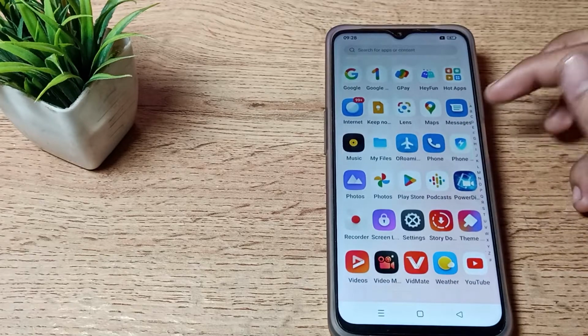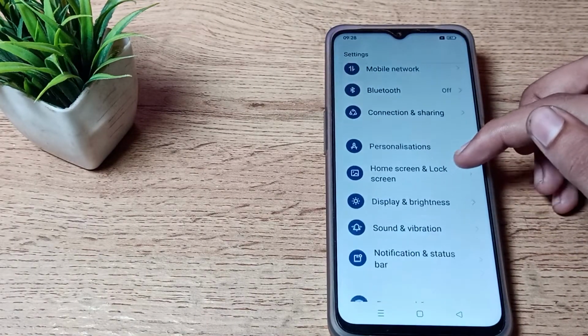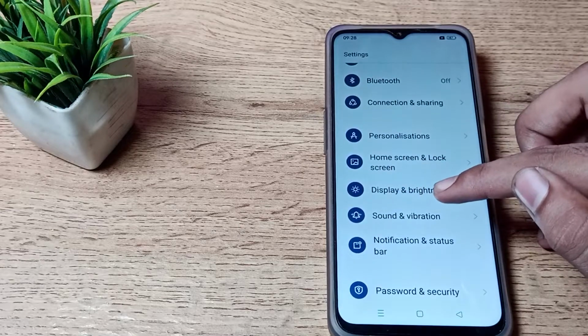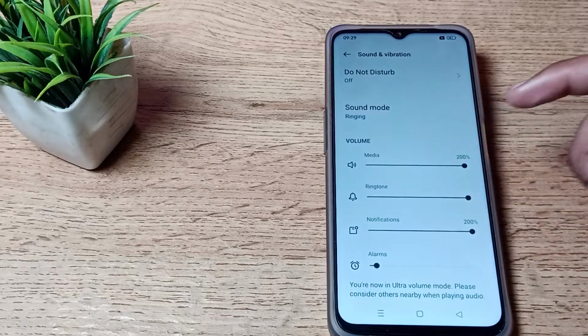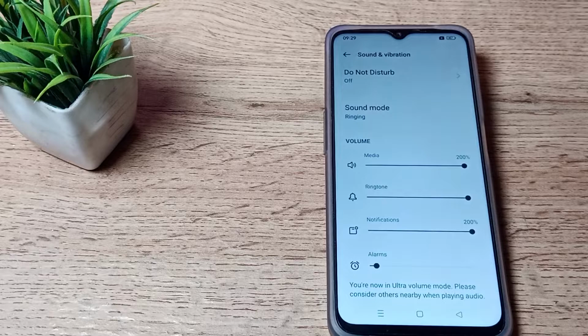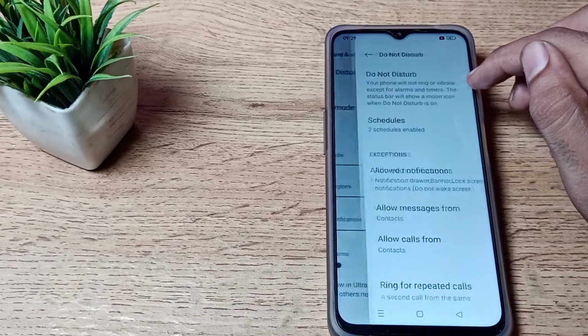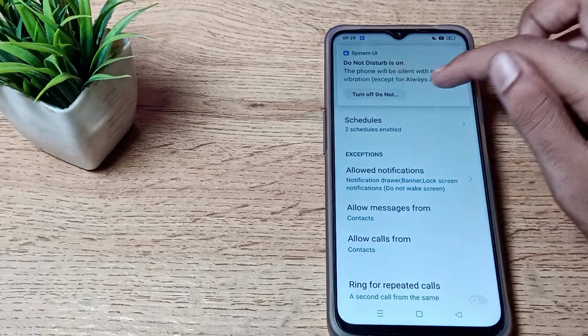So first of all, guys, to enable do not disturb, open your phone settings, then scroll down, and you can see your sound and vibration settings. Friends, tap here. You can use your sound and vibration settings from here. So as you can see, guys, there is do not disturb, so tap here. If you want to enable it, you can enable it from this right side, and you can see this notification,